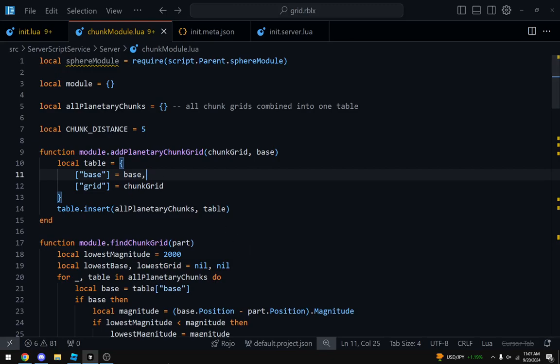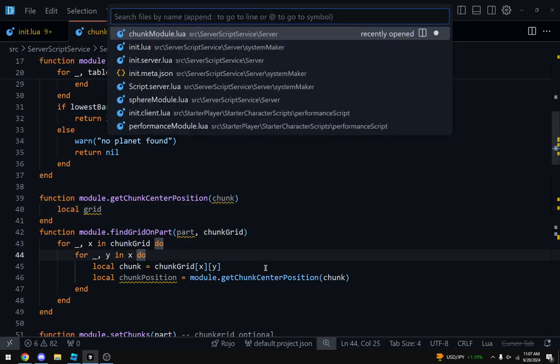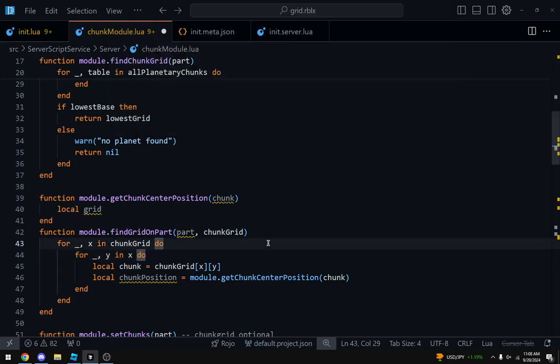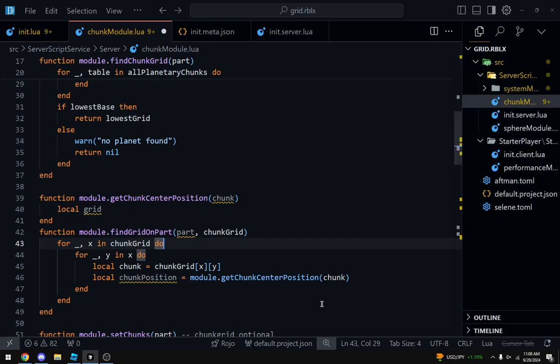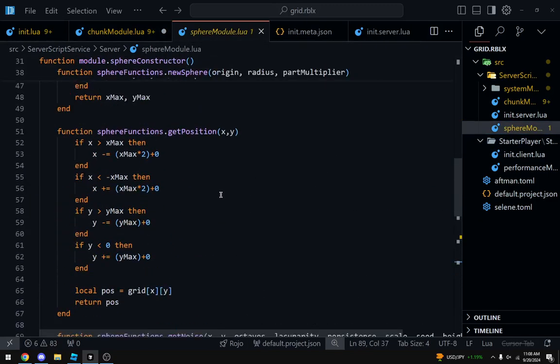So now we have the sphere constructor. First thing we want to check, we want to define local grid. And I actually want to open the sphere constructor here to make a change, because now we have to adapt the sphere constructor to work with nil results, which it before is not able to deal with nils. It crashes out. So we'll go to the sphere module.